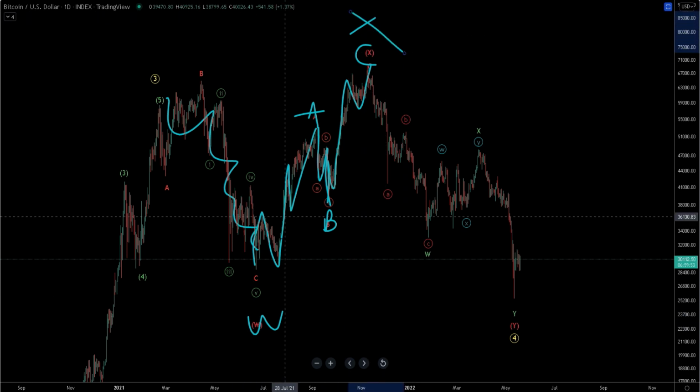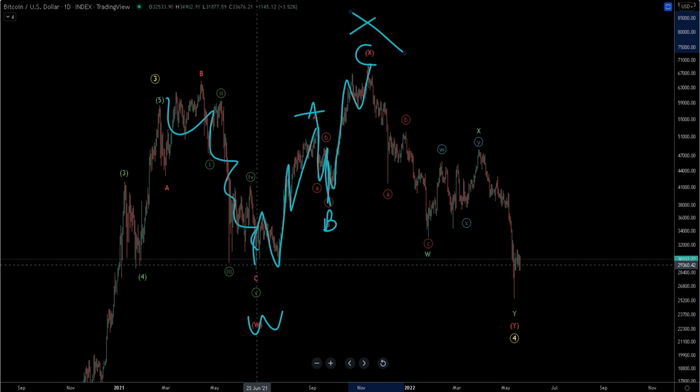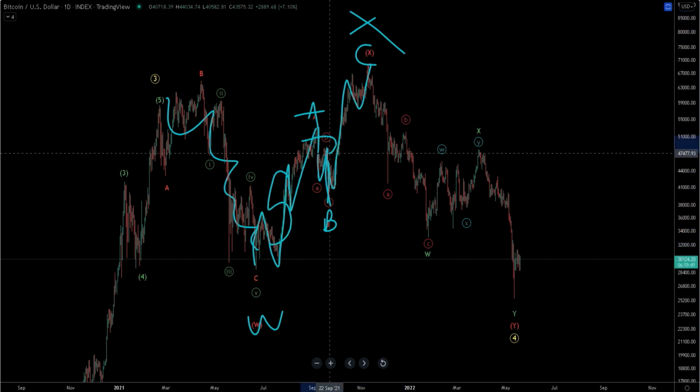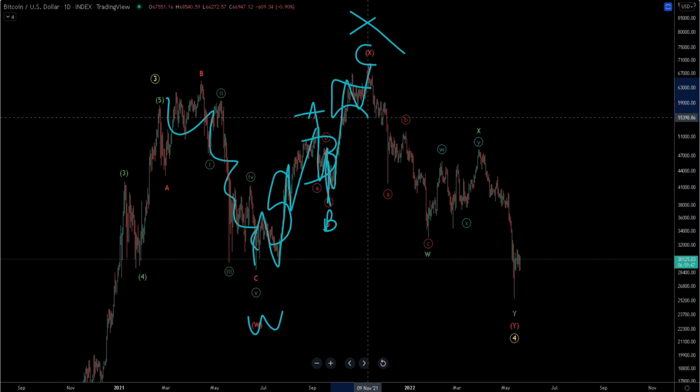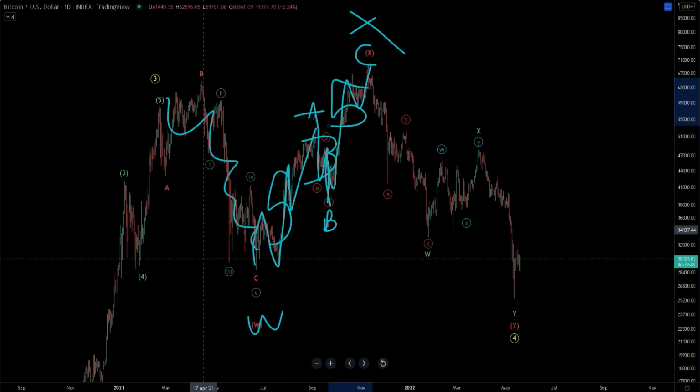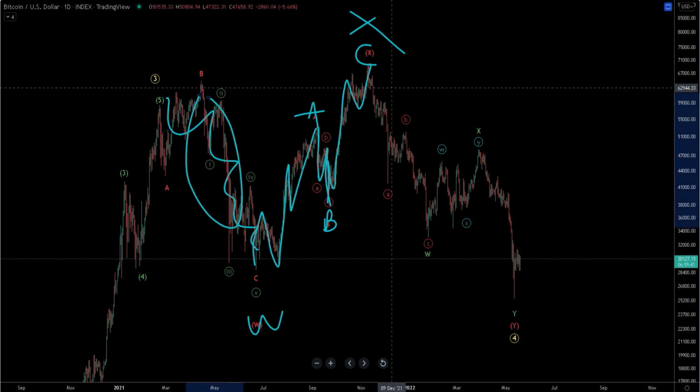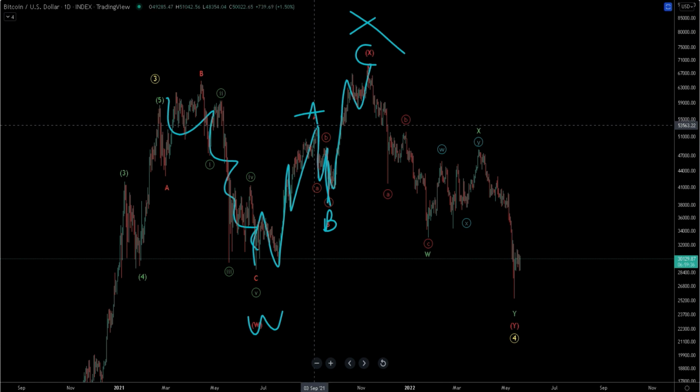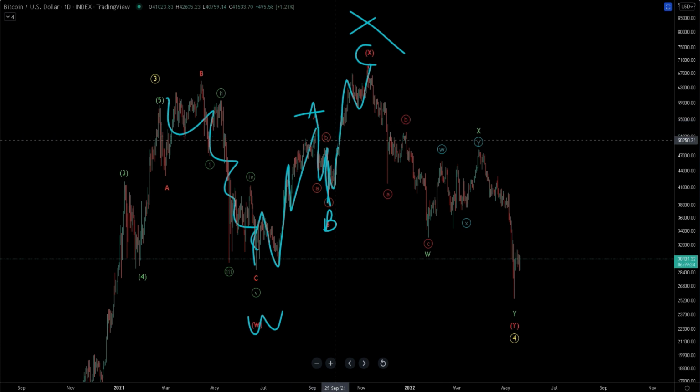W, X. 5, 3, 5 zigzag. Flat, zigzag. I am trying to make this as simple as possible for everyone in the back of the room